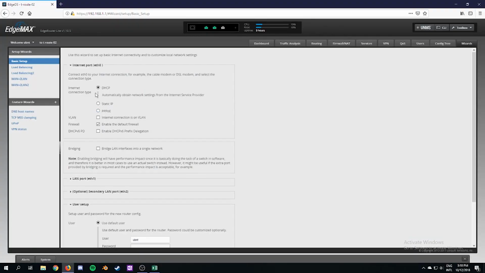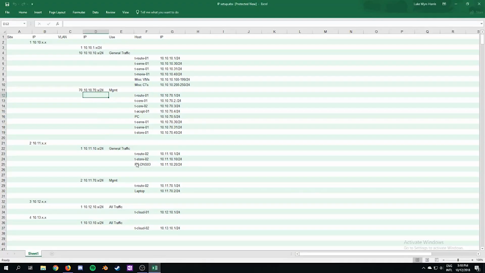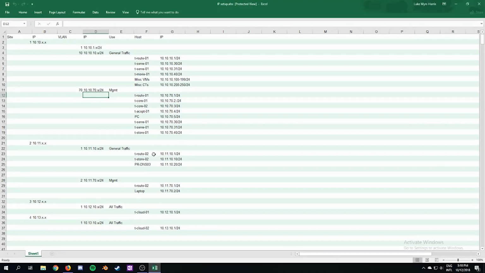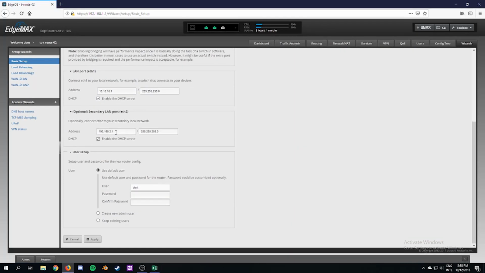So DHCP on the WAN port, and the LAN port will be 10.10.10.1, and that's /24. Yep, we want the DHCP server, I'll fix that later. And then we want 10.10.70.1. Yep, DHCP server's fine. And then I will